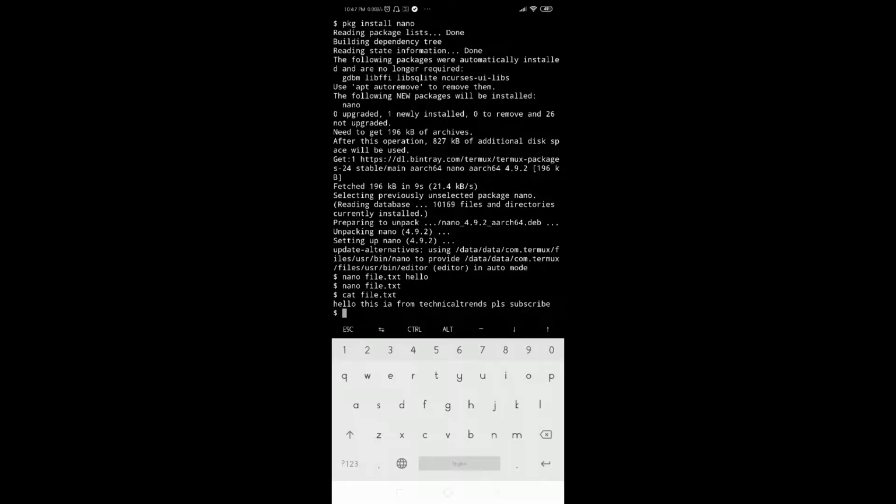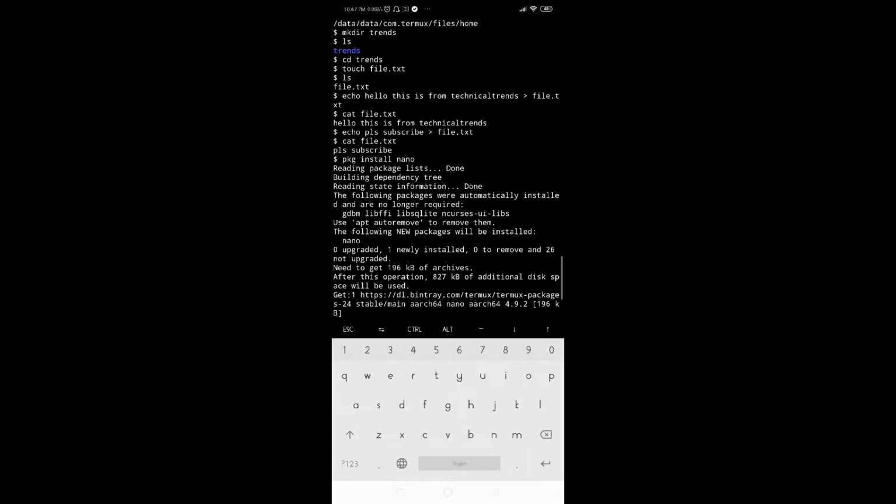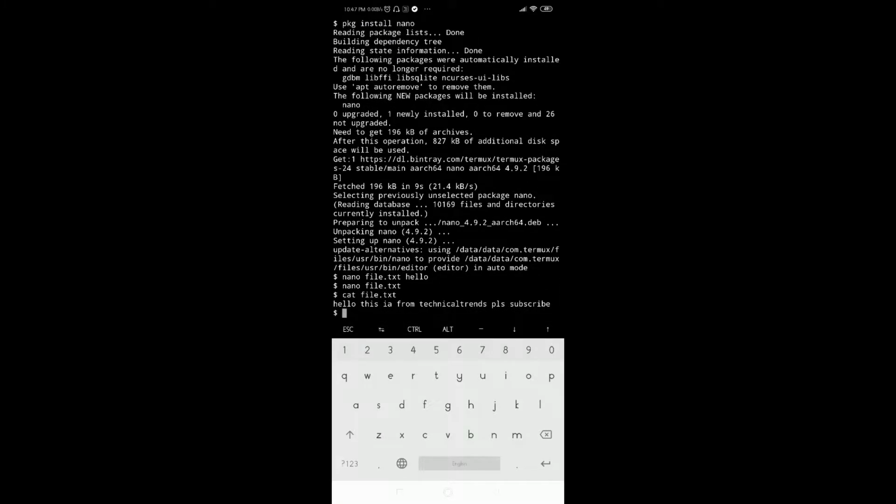So these are the two different commands used for writing data into the existing file. One is nano and the previous one is echo. So echo generally replaces the existing text, but nano can append to the existing text. So this is the difference between these two. So for example, there is even another command.